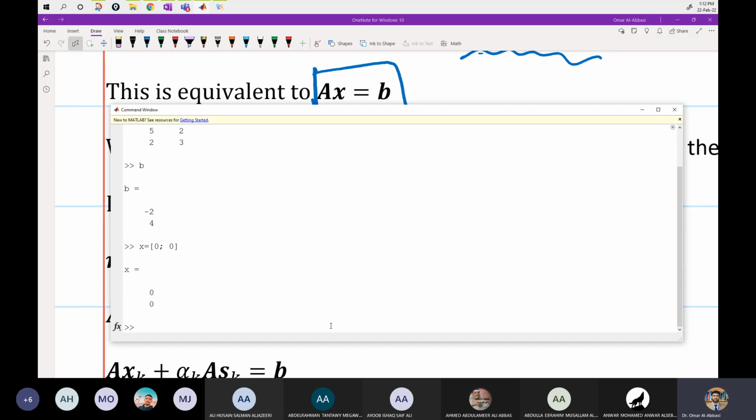Okay, so now what is the residual? The residual says it is B minus A times X. That gives -2 and 4. Shabab, when do we say that we obtain the solution? When R equals 0. Exactly. When R equals 0, this means